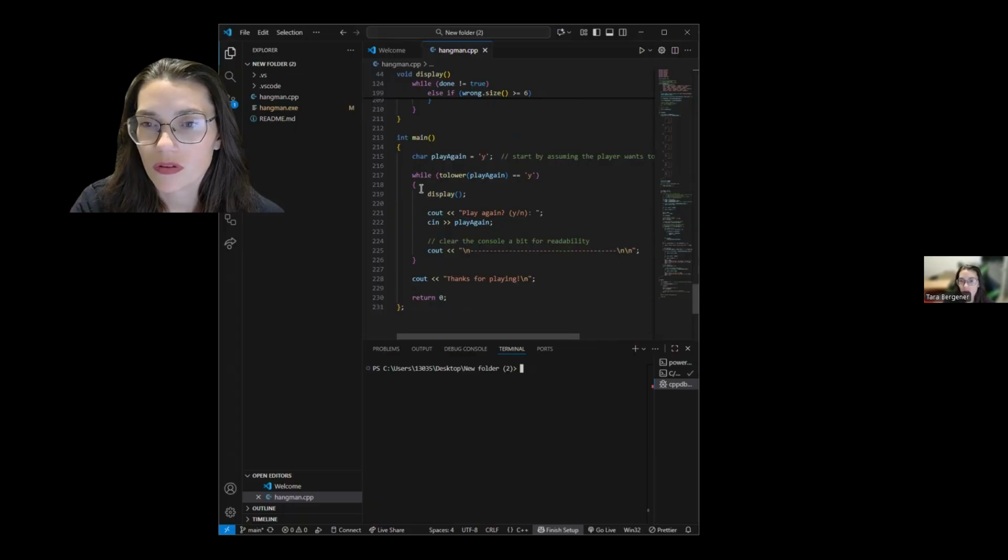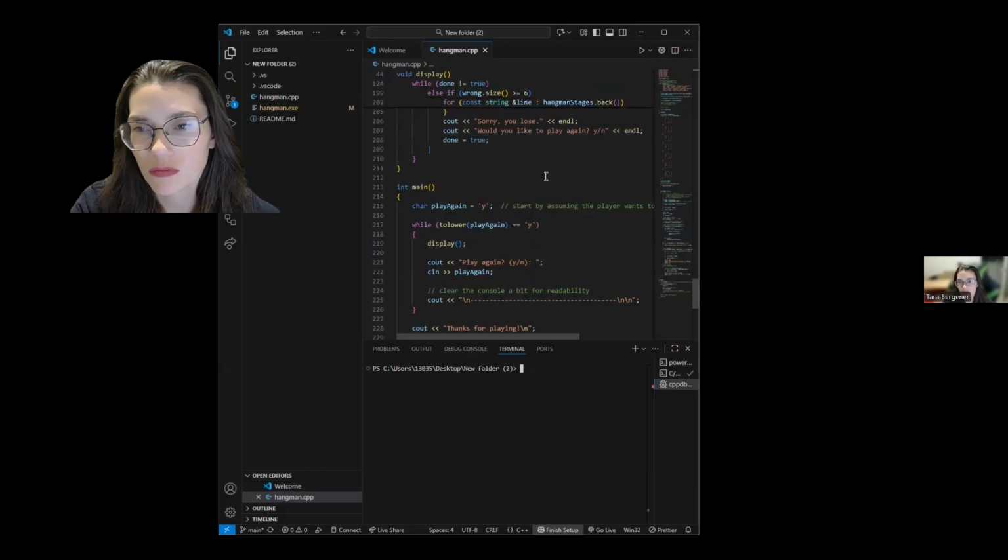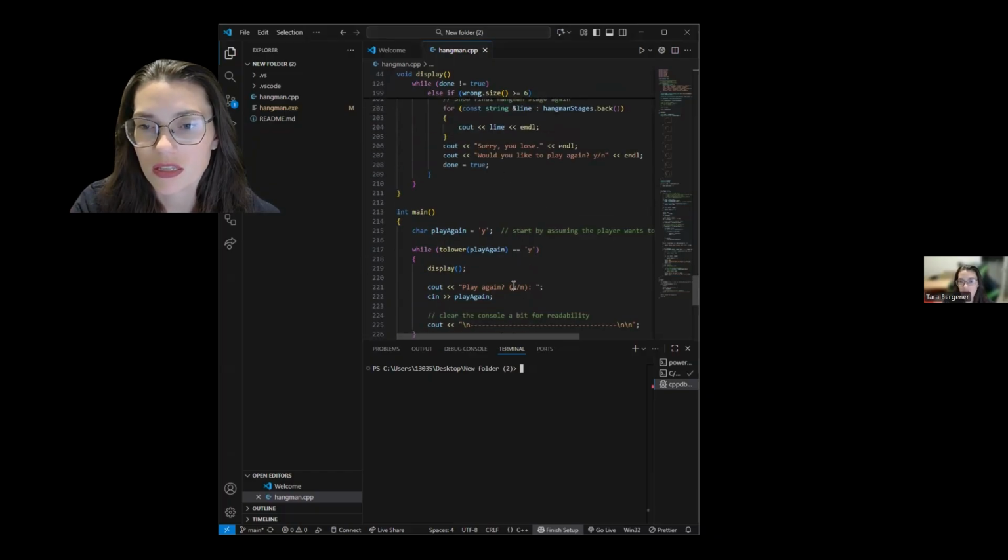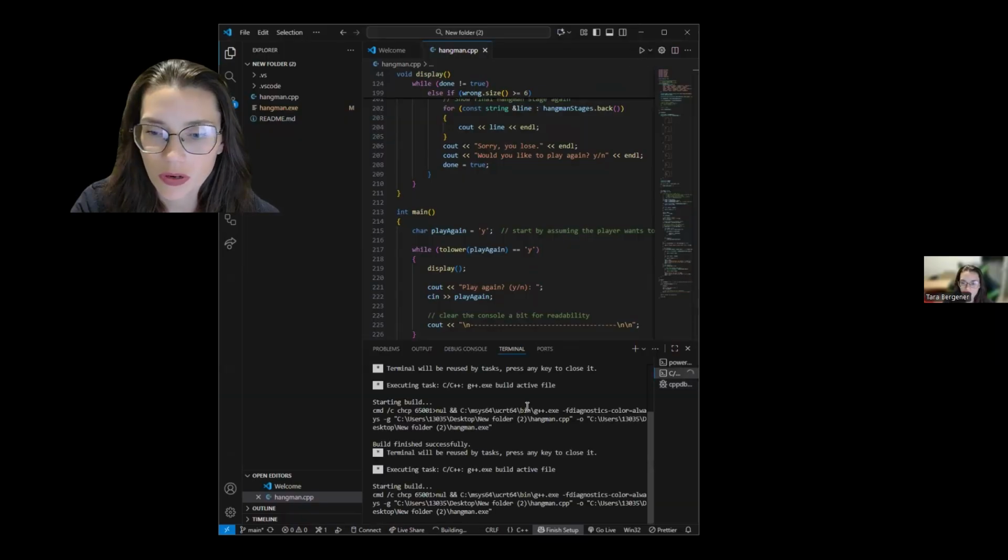In our main, we also have our play again while loop, where they're asked if they would like to play again, and they can say yes or no. And then here we also have our thank you, and our display, which is the whole game, inside our while loop. So I'm going to run the program